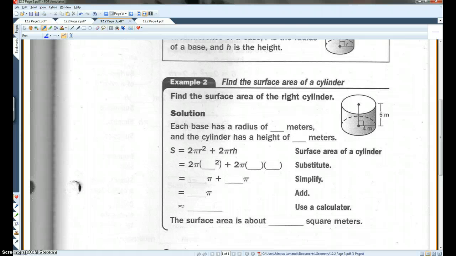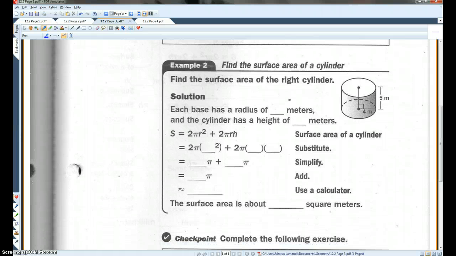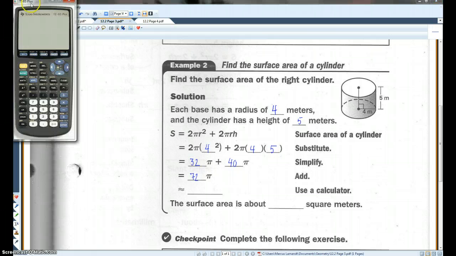Example 2. Find the surface area of a cylinder. Find the surface area of the right cylinder. Each base has a radius of 4 meters, and the cylinder has a height of 5 meters. So let's plug all this stuff in. R is 4, H is 5. 4 squared is 16. 16 times 2 is 32. 4 times 5 is 20. 20 times 2 is 40. 32 pi plus 40 pi, that would be 72 pi, which is approximately, alright, here it is,